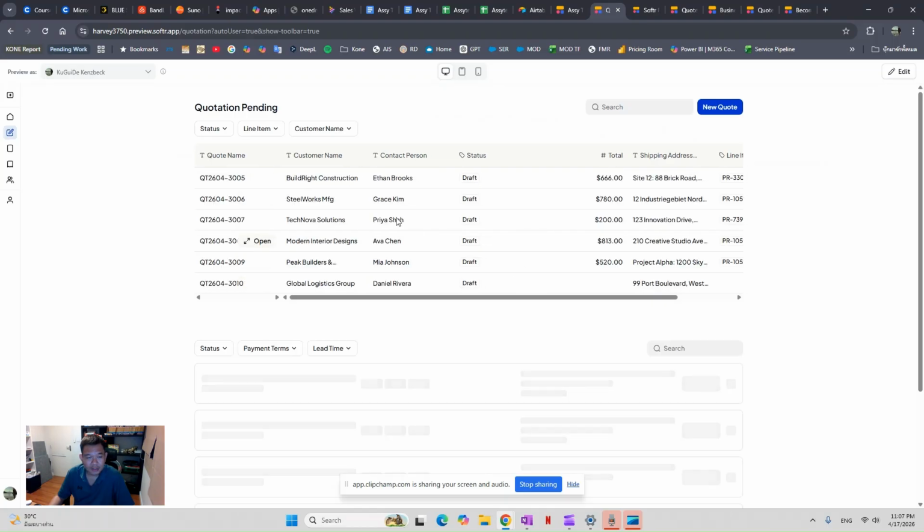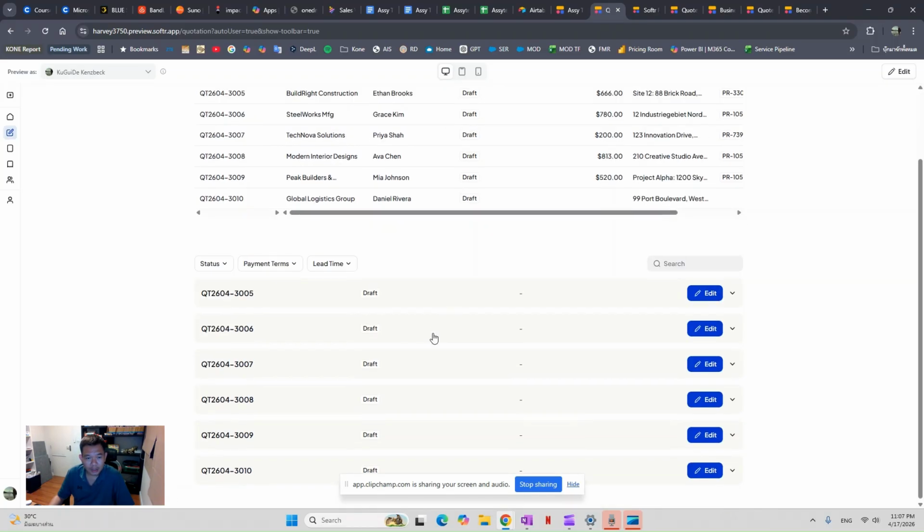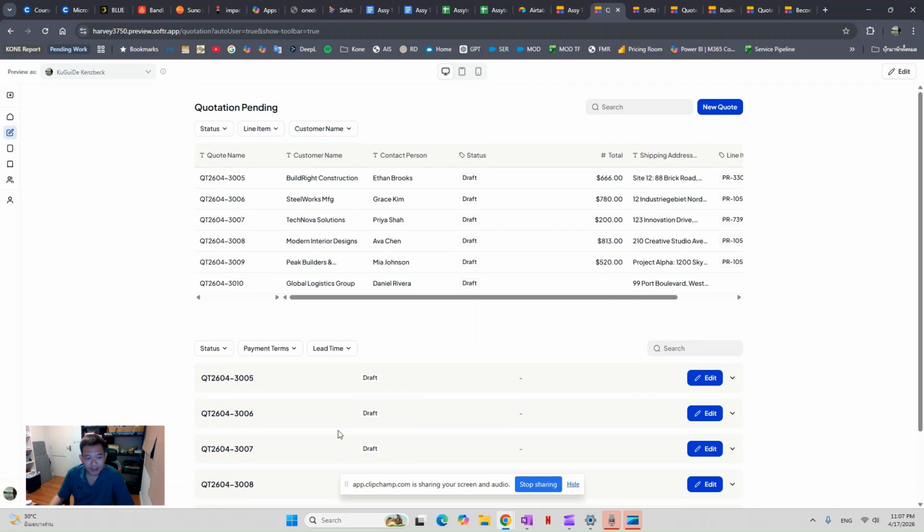What are its options here? You can see two sections. The first section I'm putting as a table, and this table is just showing all the quotations that are in the draft stage, where we haven't yet sent them for approval. It also shows how to do the approval.